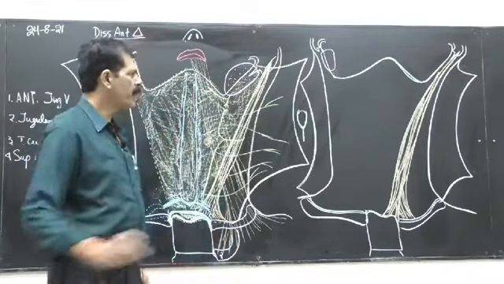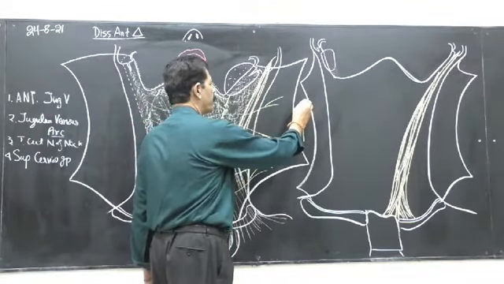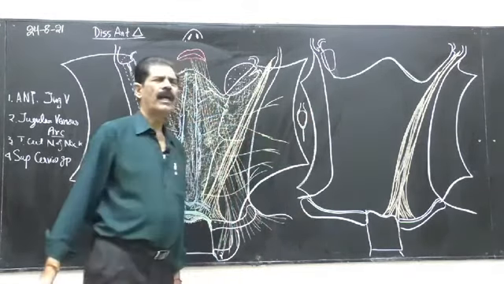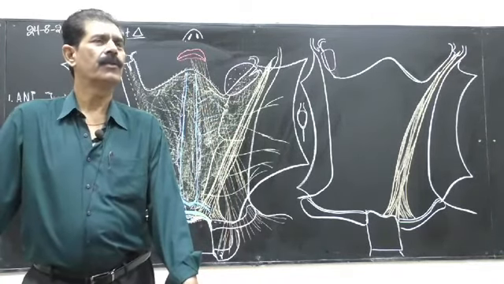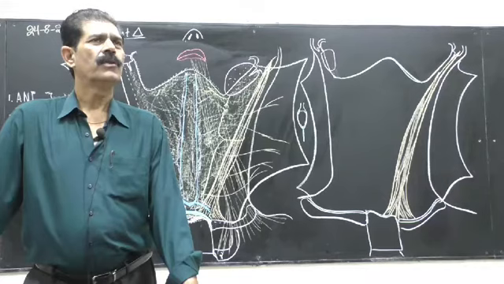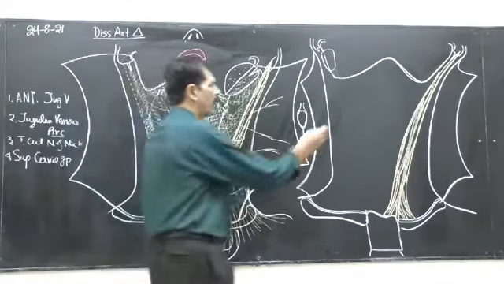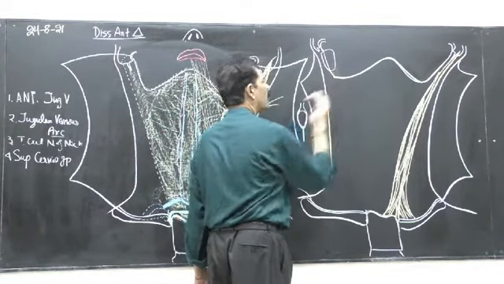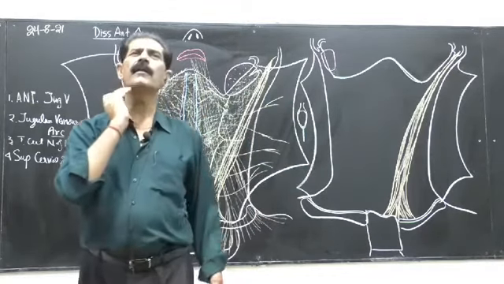When we go on the upper border, the superficial and the deep part go separately, and loose areolar tissue is present and fat is present in between the two. So this is how the cervical fascia goes upward. Another layer of this deep cervical fascia goes medial to the mandible, because another gland is waiting here.